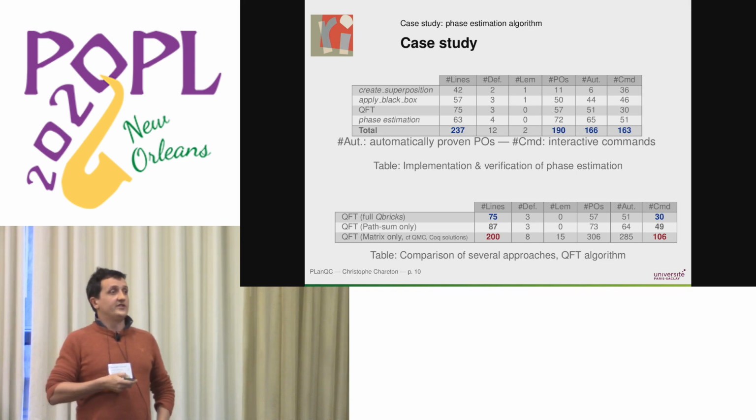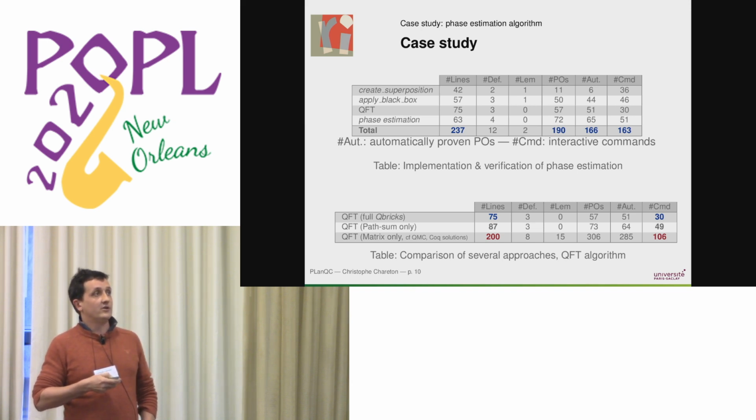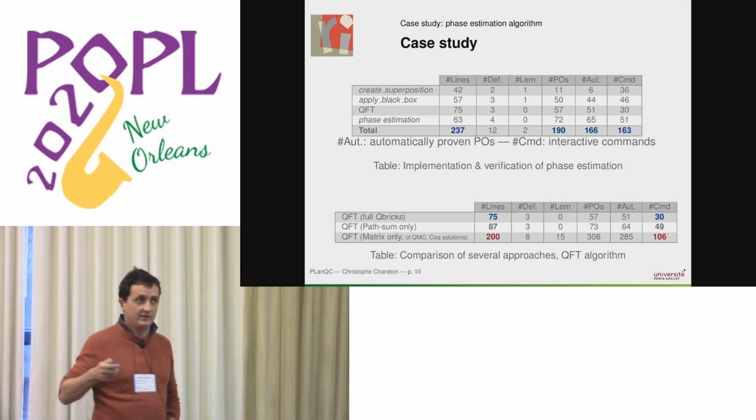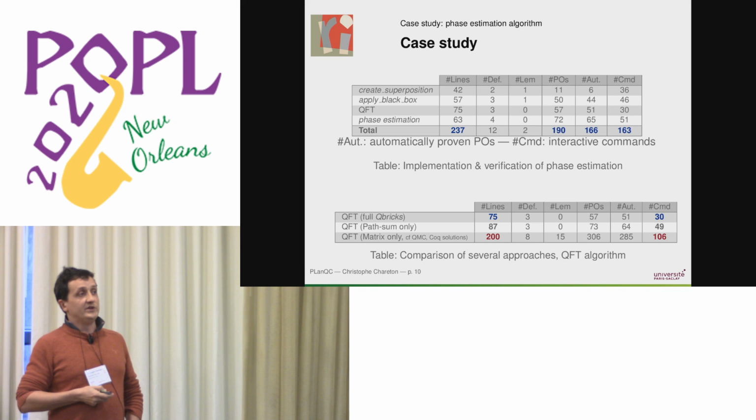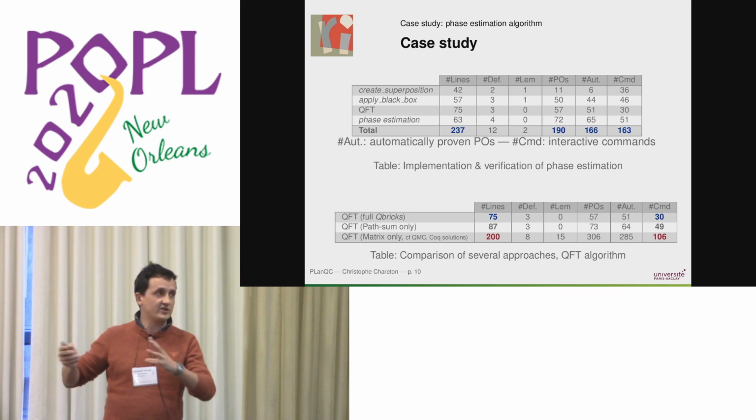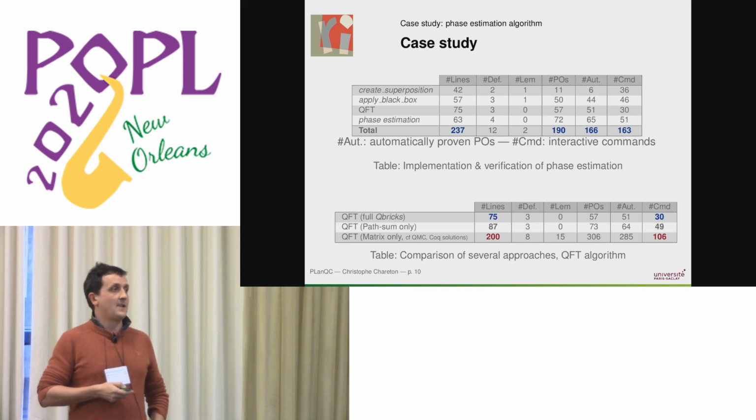And so the second table aims at evaluating the first efforts that I made in this direction. So I took a part of the implementation that is the quantum Fourier transform. And I implemented several versions of it, differing on the semantical tools that I used for the specifications. So one with full QBricks, one with only PathSum, I mean not using the simplified version of PathSum semantics for the good fragments of the language, and one